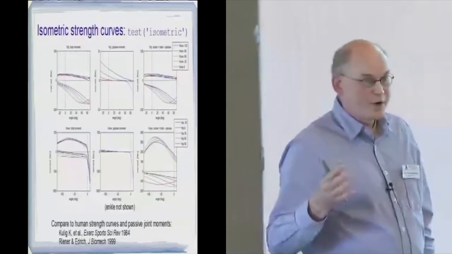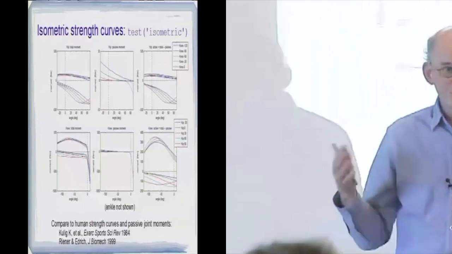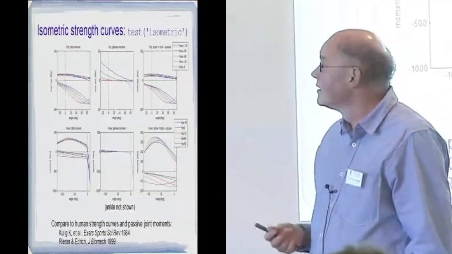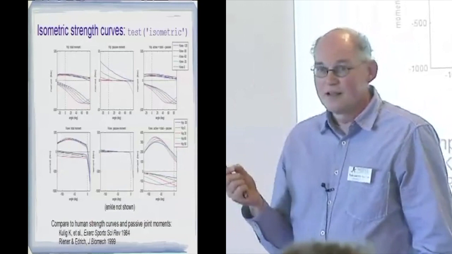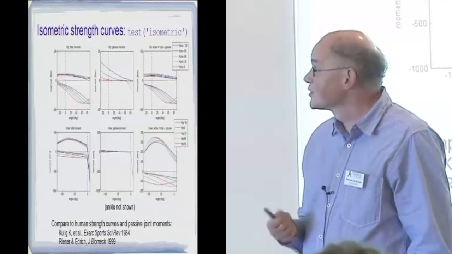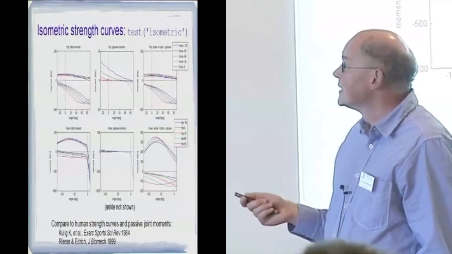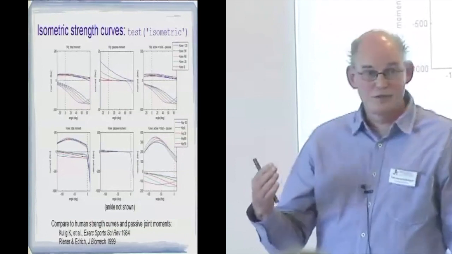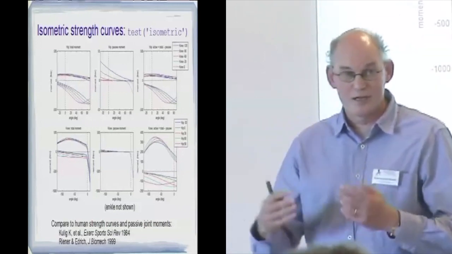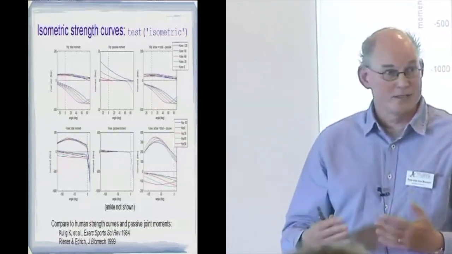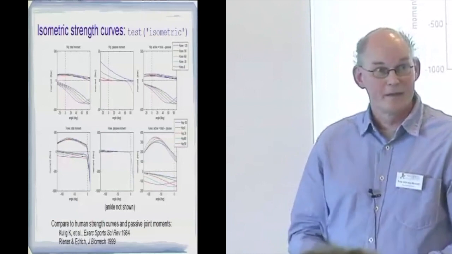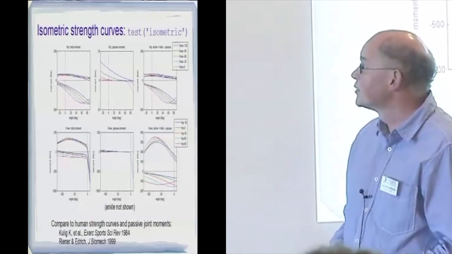So with more complex models like these, it's really important to reassure yourself that you've generated a model that somehow represents essential properties of people. And one thing that has been studied a lot in sports biomechanics and in exercise science is strength curves. So strength is just the maximal joint moment that you can produce at a certain posture. So you strap a person in a machine where the joint angles are fixed. Then you tell them to maximally try to extend the knee, for instance, and you measure how much force it takes to hold them there. And that's your maximal isometric joint moment. So I can do